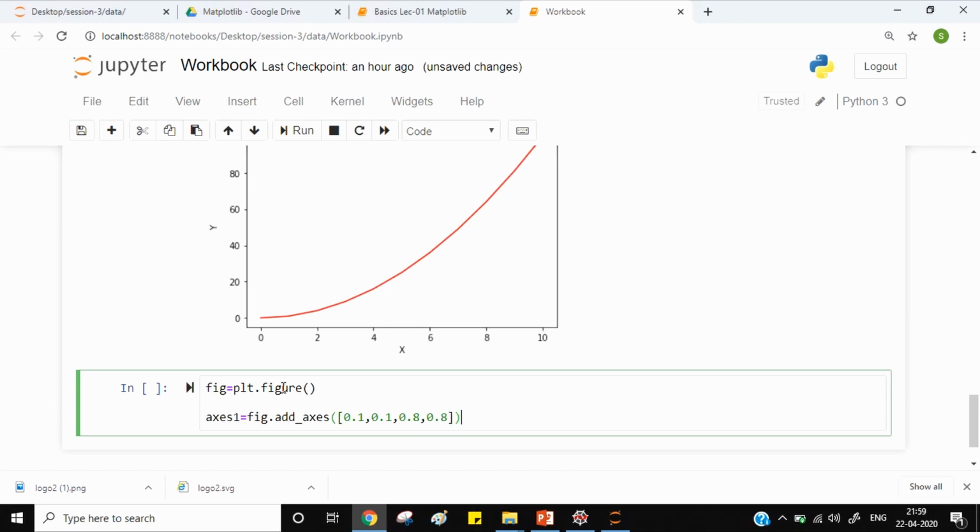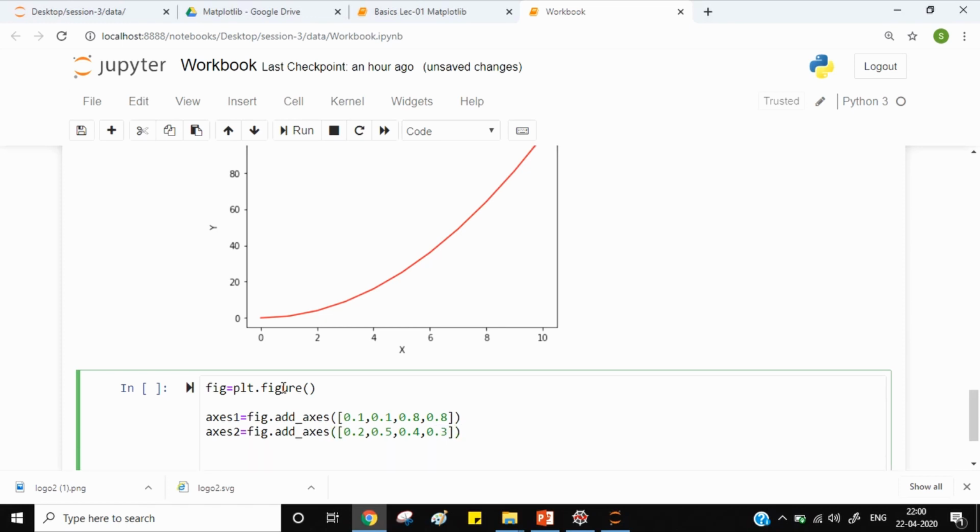This is my first plot. Now I will create the second one. Say I give 0.2, 5, 4 and 0.3. Again I repeat, this is the distance from left, this is the distance from bottom, this is the width, and this is the height.